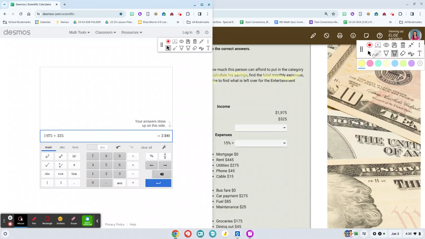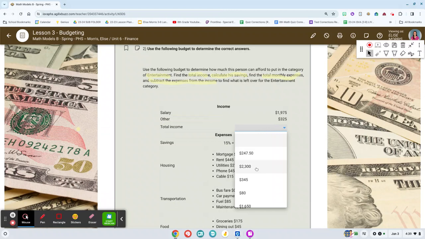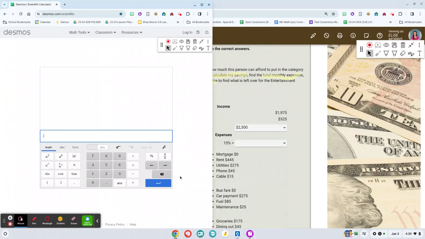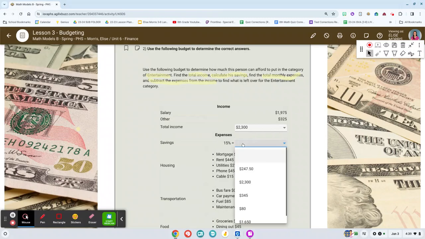Okay, 2,300 is what we get when we add those two. All right, now let's look at expenses. 15%. So 15%, now there is no percent button on your calculator. So you're going to have to remember that percent means out of 100. So 15, you can divide it by 100 if you want. Right? This is 15% divided by 100. So it's 0.15. You might remember the rule that you take the number and you bump it twice to the left. So 15%,